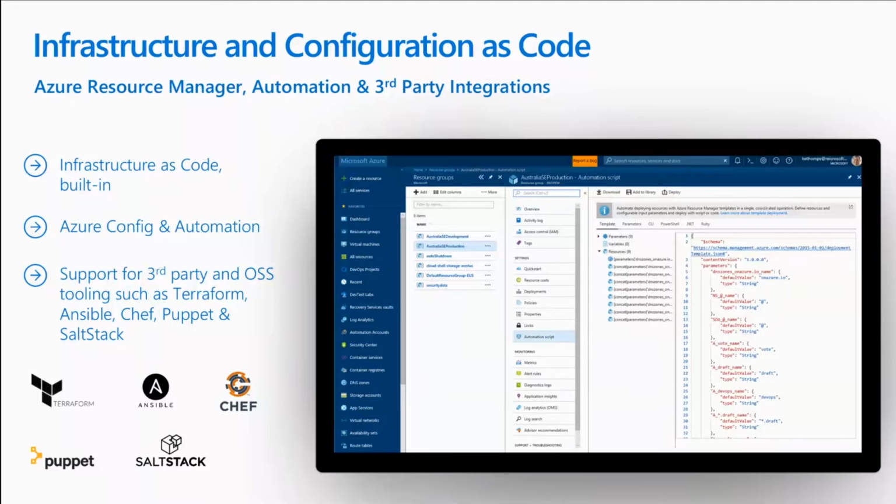Out of the box, Azure provides these capabilities with Azure and Azure Stack using Azure Resource Manager, or ARM, templates. So it's really easy to create automation. The only problem is that writing ARM templates is difficult, but there is support for third-party tools such as Terraform, Ansible, and Chef that can do the same thing.